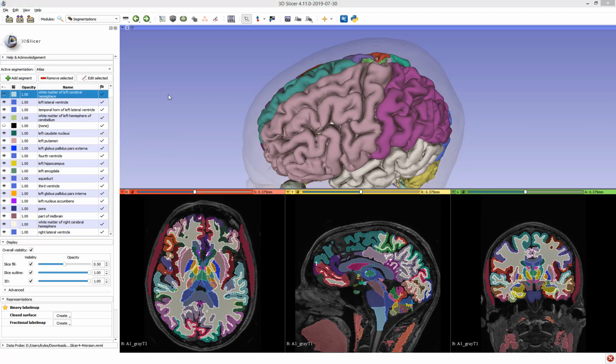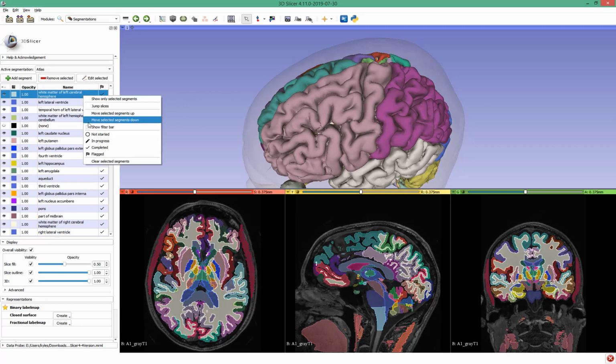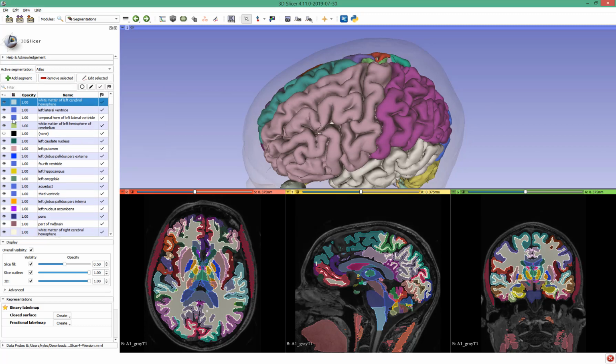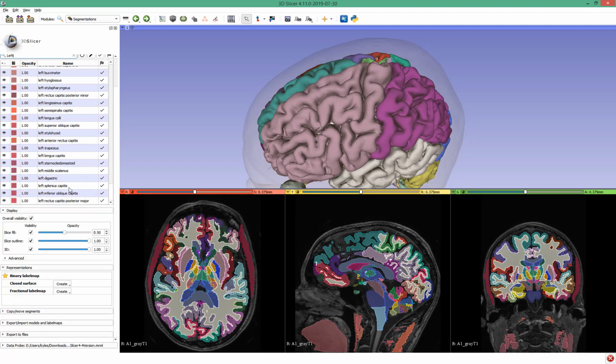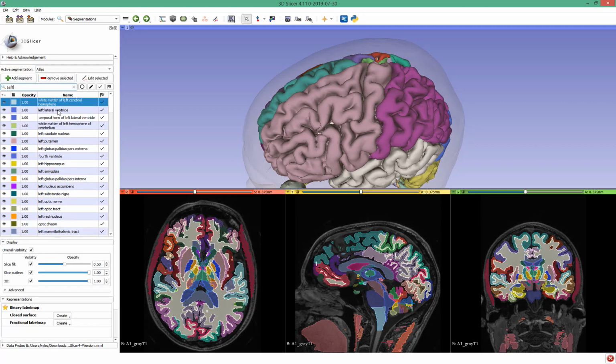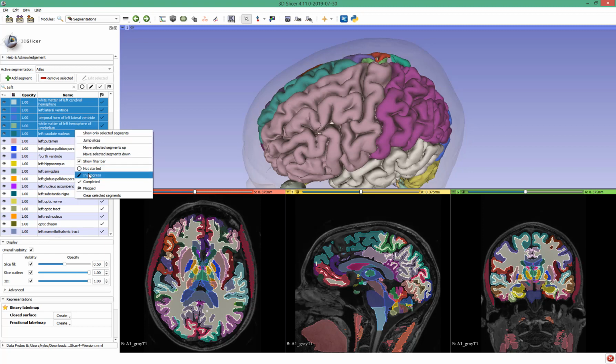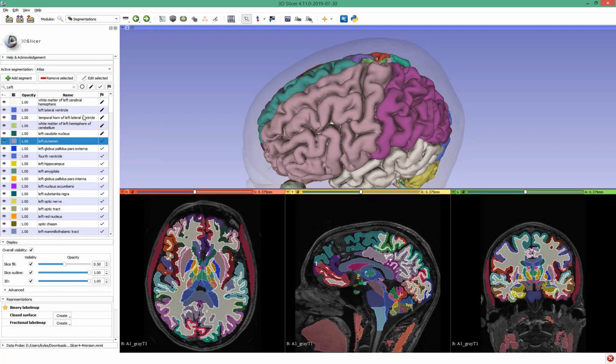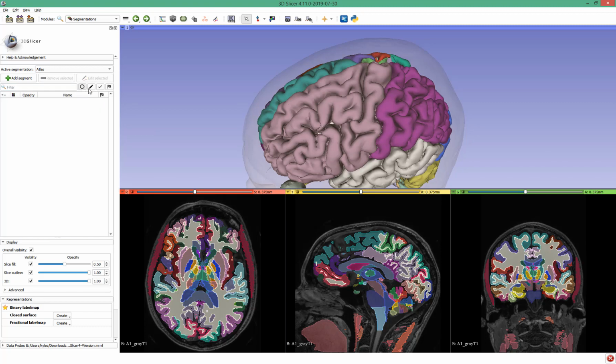This leads into the next feature, which is if you right click on the table and click show filter bar, you can see this new UI element appear, which lets you filter through the various segments. So if I type in left, then I can see all the segments that have a name including the word left. But more than that, if we have certain segments that we are currently editing and we only want to be viewing segments that are currently in progress or haven't been started yet, using these buttons we can filter